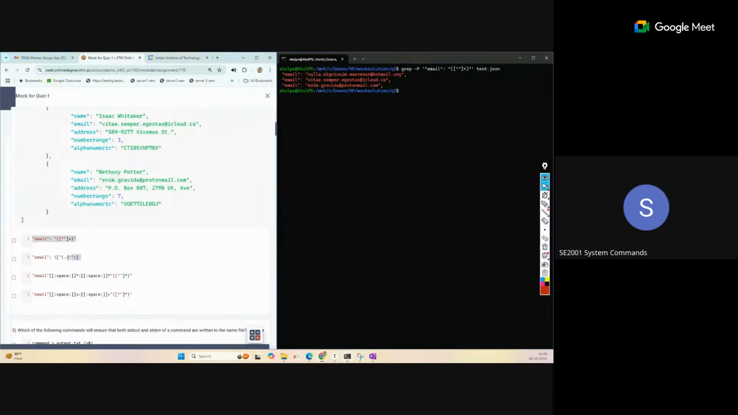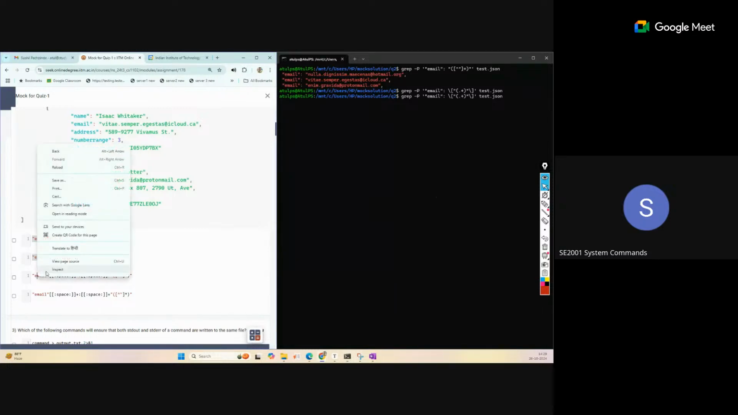Okay, suppose we run the second command. This is not matching, because here the square bracket is not matching. The square bracket does not come in our data strings. Because of that, this is not matched. And the third command, in this way,